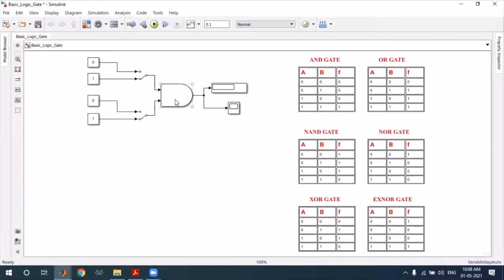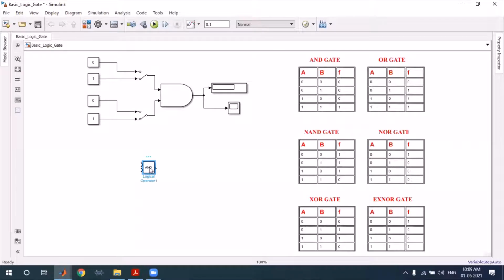You know this theoretically. If you want to put any logical gate, you can double click on the window and write the name. What is the name? Logical operator. You can just write logical operator, and if you double click on it, the logical operator opens. It will take some time. Let's wait. Now it's open. You can see this is the AND gate.